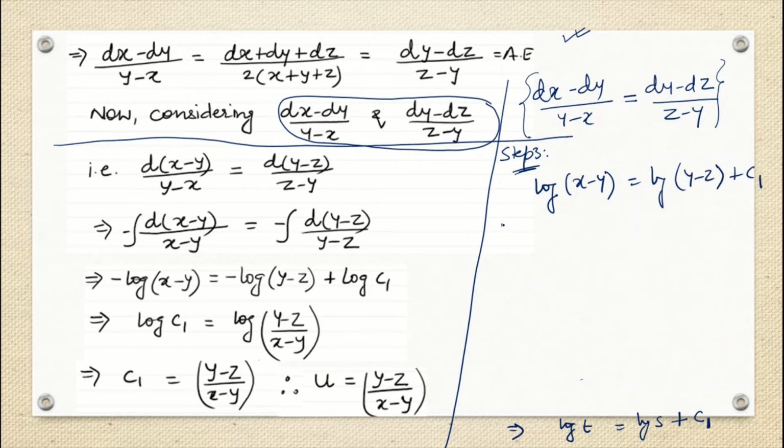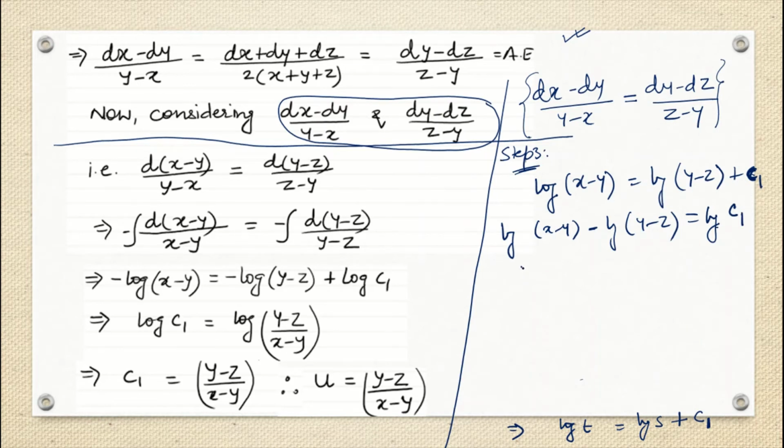So I can say that this is log x minus y and then minus log y minus z, and the same concept which we are saying, that instead of c1 I will now write log c1. The reason of writing log c1 is that I'm going to make the equation simplified. C1 is one arbitrary constant. Log C1 will be another arbitrary constant, because I'm not interested in the value of the arbitrary constant. I have to keep the nature of the arbitrary constant the same. So instead of C1 I can write log C1.